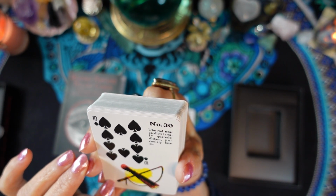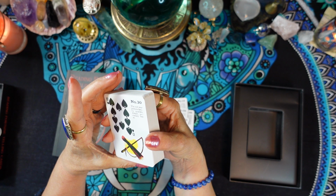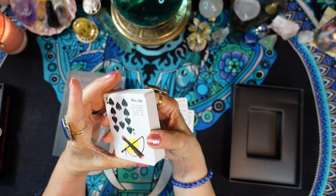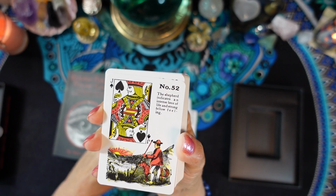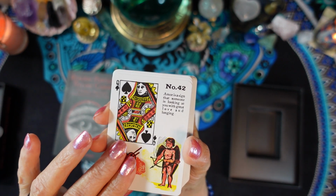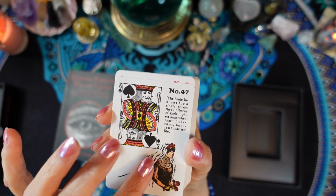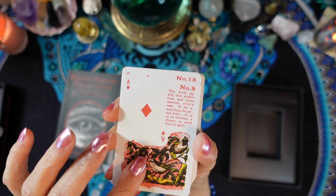what is that? It's the rod. Okay. Jack of Spades is the shepherd. Queen of Spades is Amor. King of Spades is the bride. Now we come to the suit of diamonds, which would be,